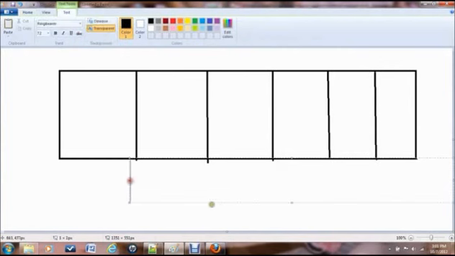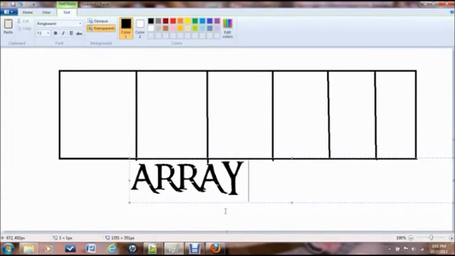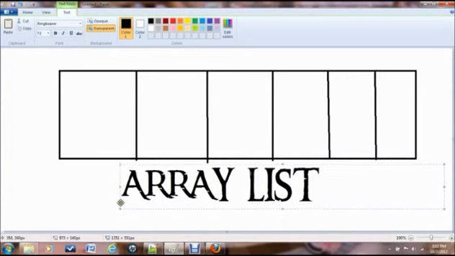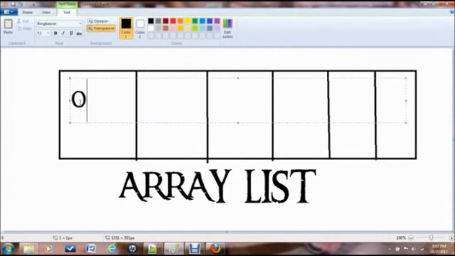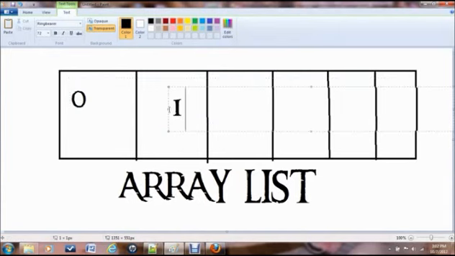This is your array list. And for your array list, by default, it begins with 0. That's a zero. 0, 1, 2, 3,